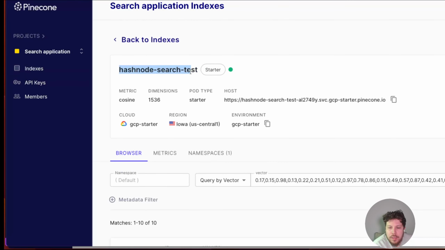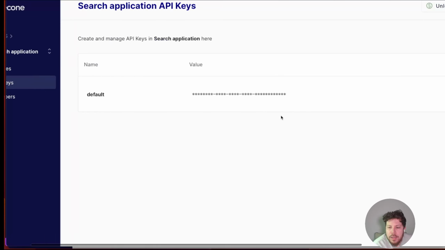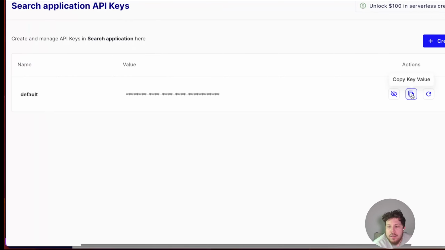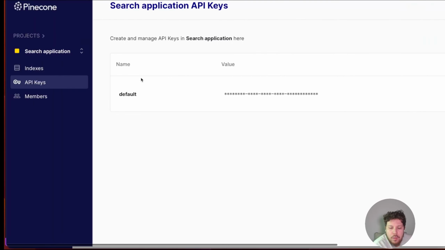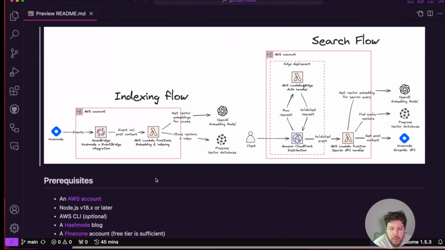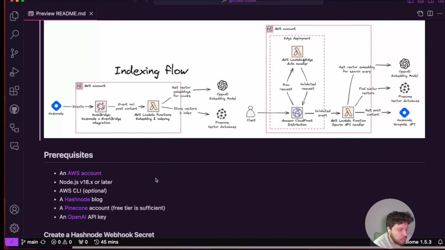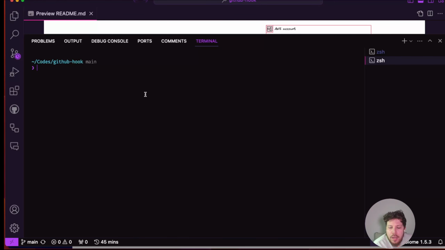So this is the name of the index that you can copy after you have created one, and here you can generate a new API key. Here I already have one, so I'm not going to generate a new one. Once you have everything in Secrets Manager, you can go back to your repository, which hopefully you have cloned in your computer, and then you can